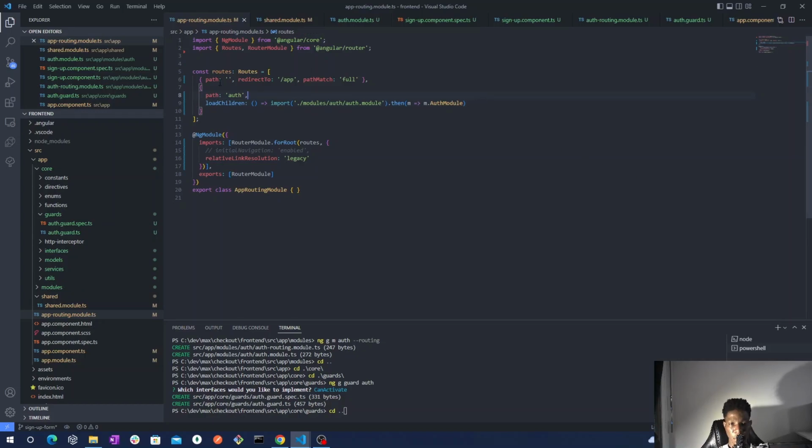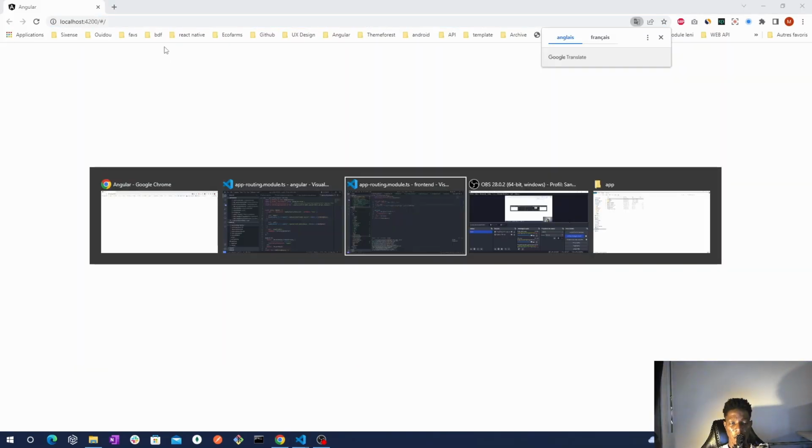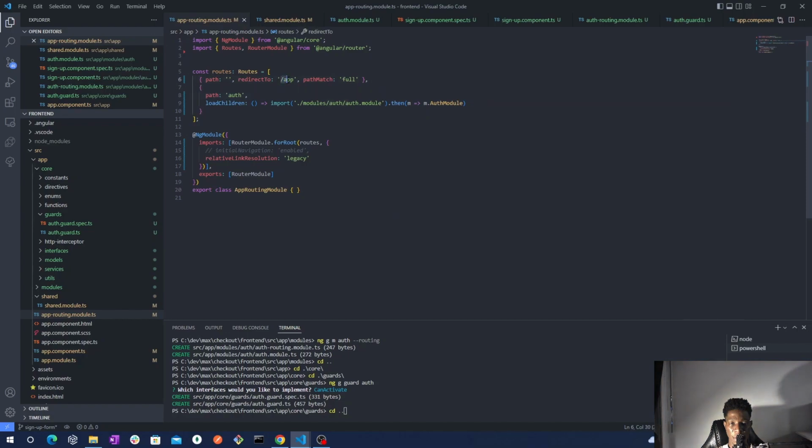Okay. Now we want that when the user gets to the domain, we automatically redirect to something. Now we just have authentication, so we just redirect to the page we build, so that it will be easier to reload each time. So we will automatically redirect to the sign up page, and after we will change that. What we want to have here is something called app. The application will be the secure part of the software, and we automatically redirect to this